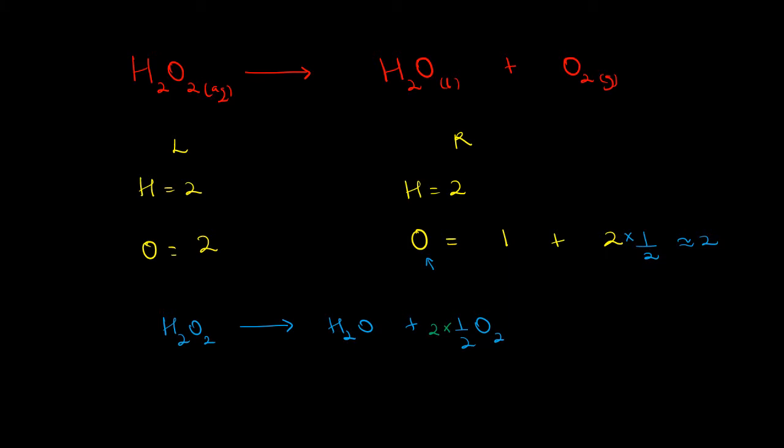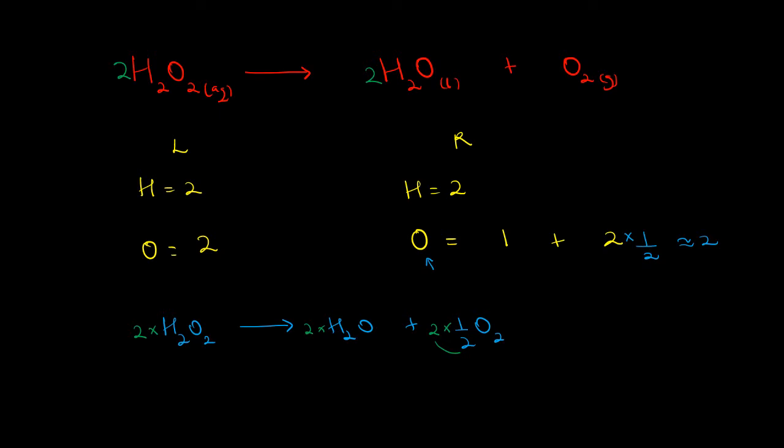So if we multiply everywhere by 2, that means we shall have a 2 on hydrogen peroxide, a 2 on water, and then 2 times a half is 1, and we shall have a 1 on oxygen. So we shall not write anything. So that will mean that our equation will get balanced,